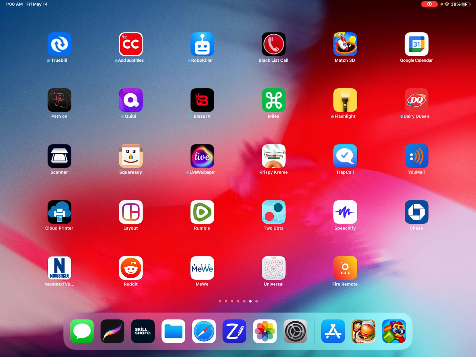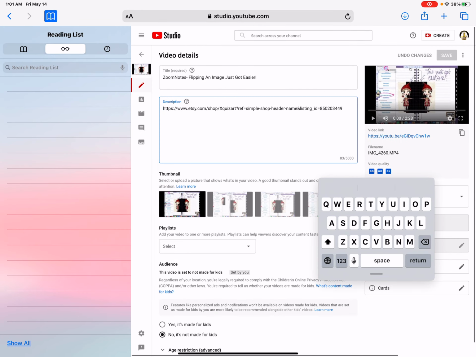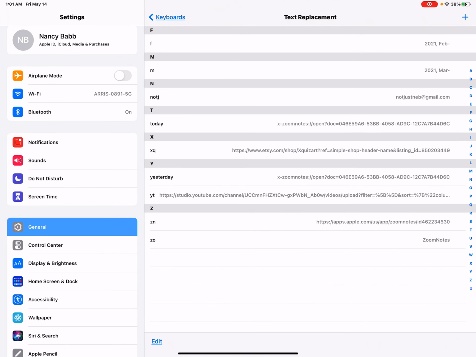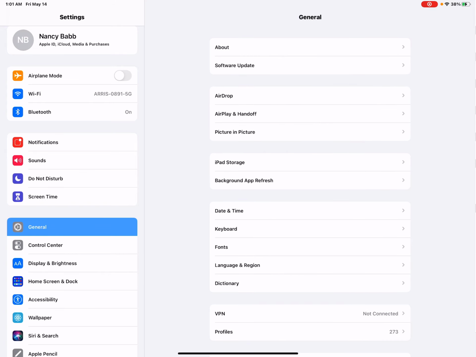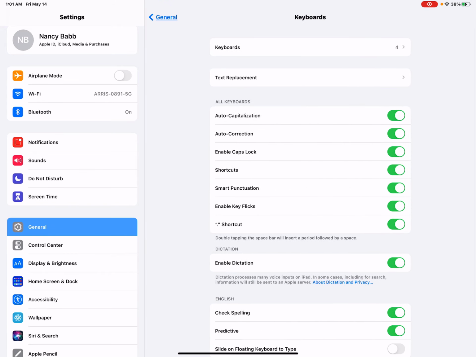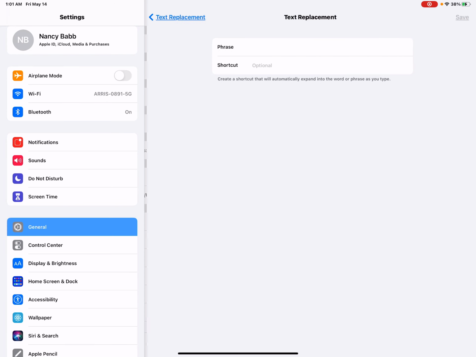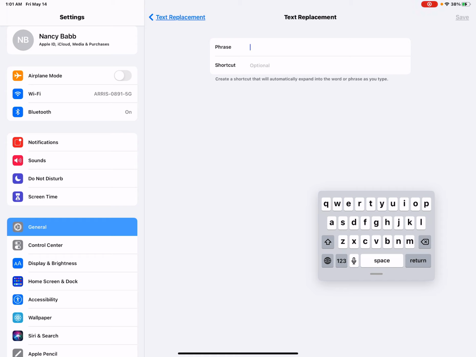replacement. And if I go here, go to the tools or the gear. All right, go to general, go to keyboard, go to text replacement. Now I'm going to add a new one, do the plus up at the top. I want to paste the phrase or that code that I got from Zoom Notes. And this time I'm going to,